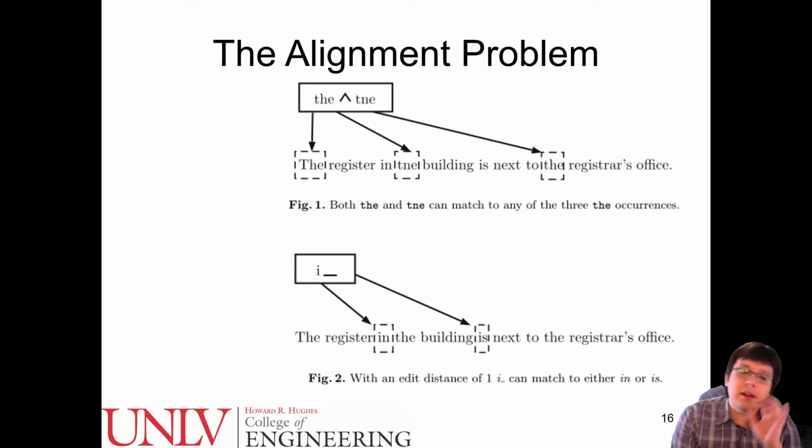The trick here comes in as follows. Here you have two sentences. The register in T&E building is next to the registrar's office, okay? That's going to be the OCR text, which has an error. It has the T&E, which is wrong. On the bottom is the correct text, which is: the register in the building is next to the registrar's office. We know the correct text because we basically have the ground truth, which is the source file. The problem is,